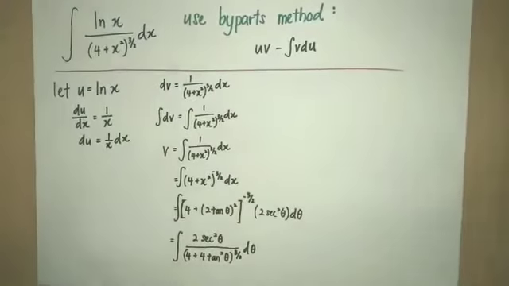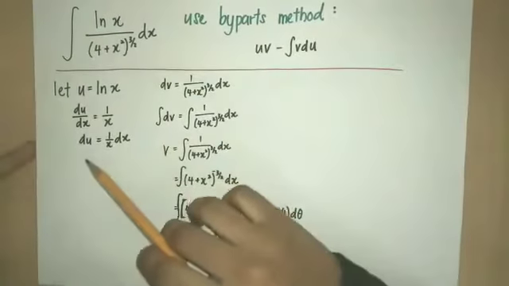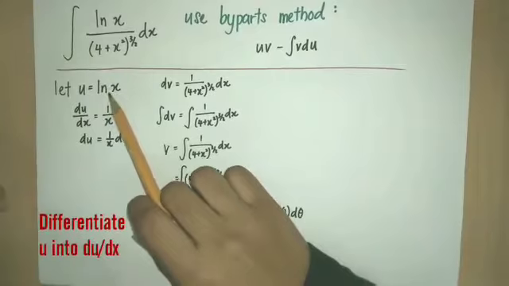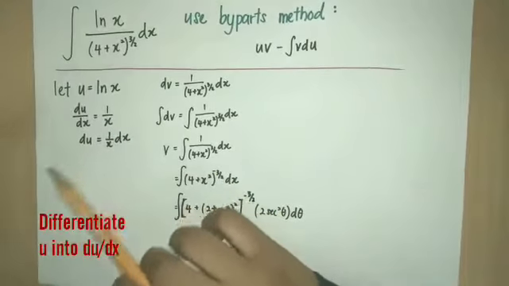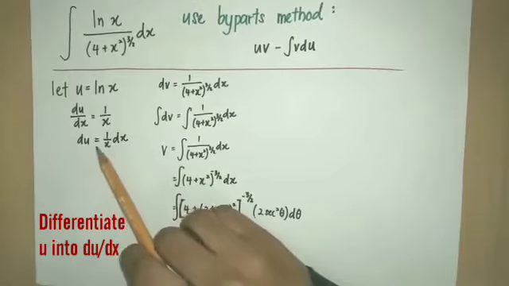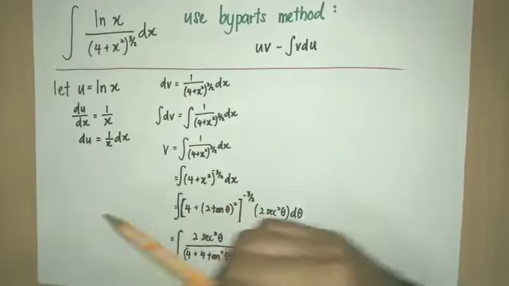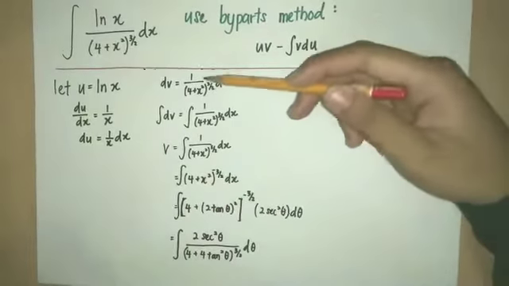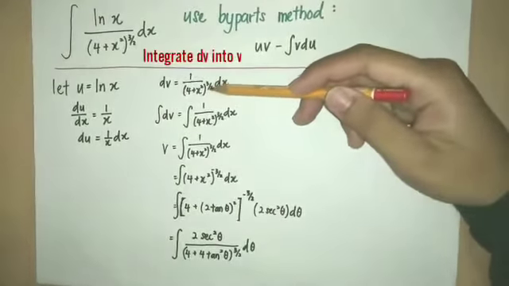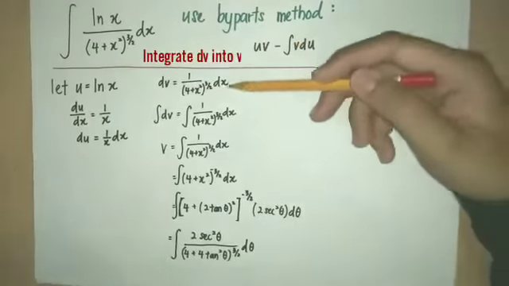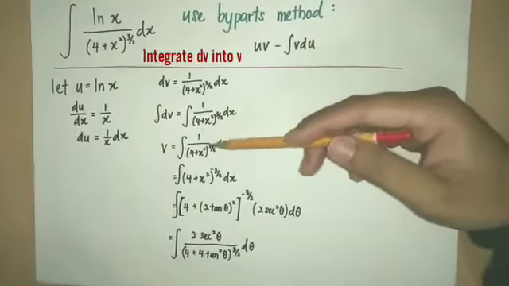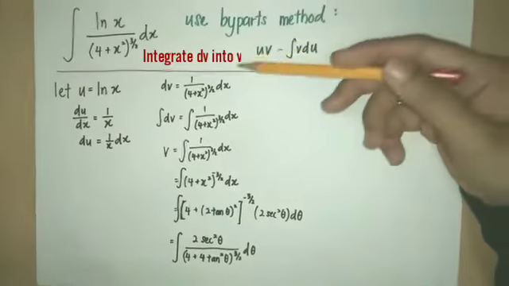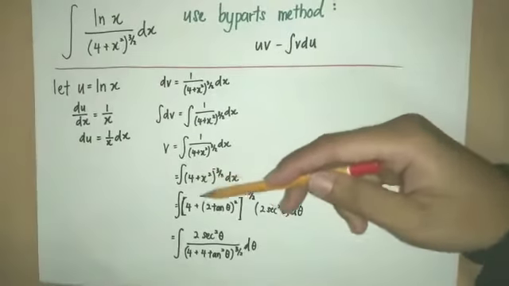First things first, we have to let u equal ln x. Then you'll get the value of du, which is 1 over x dx. And then our dv is 1 over (4 plus x squared) to the power of 3 over 2 dx. And this is our v value, which is the same thing. Now to solve this one,